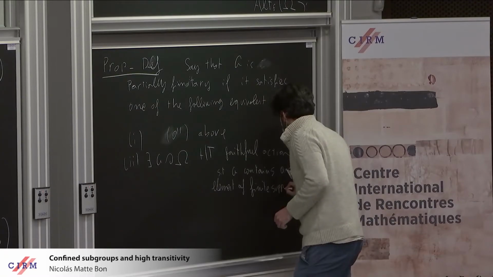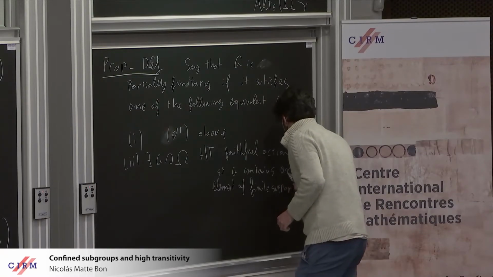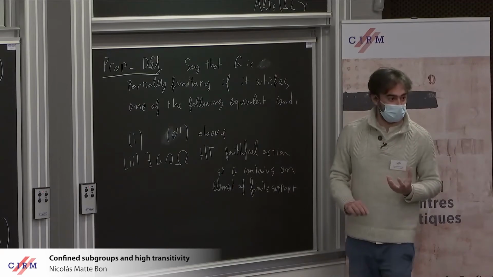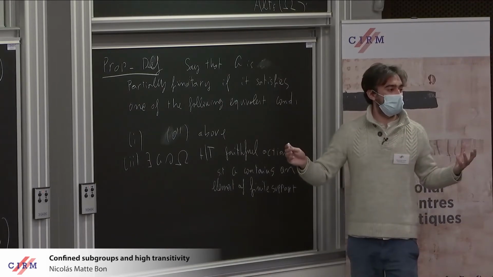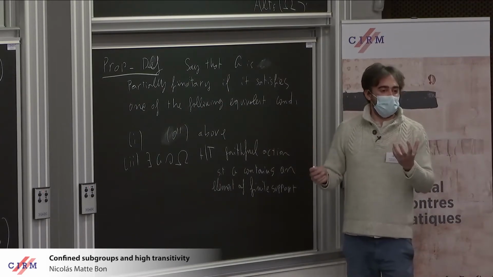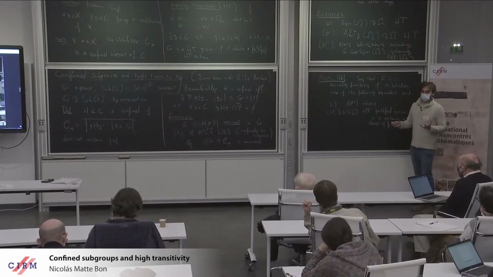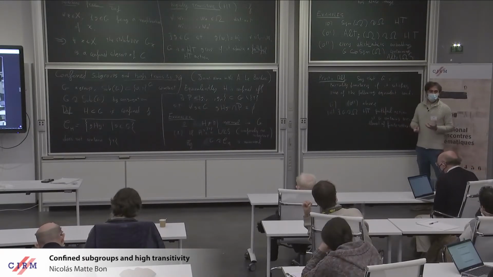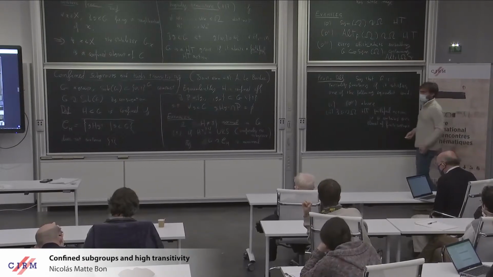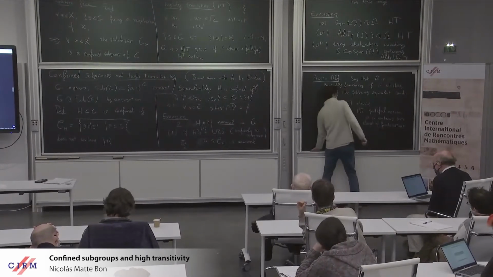So whenever you have a highly transitive action, it's easy to see that as soon as you have a permutation of finite support in your group, you get all the alternating group. Just because using high transitivity, you have all conjugates of that permutation. So you have a normal subgroup in the symmetric group, right? And 3,